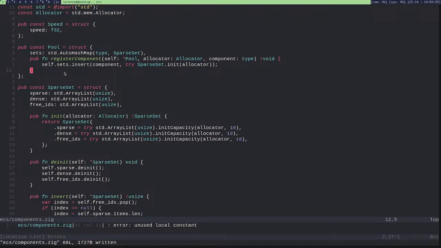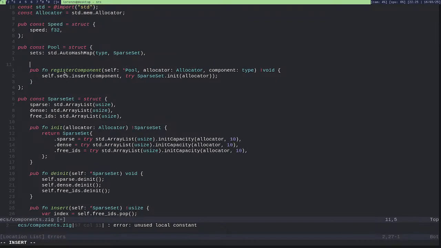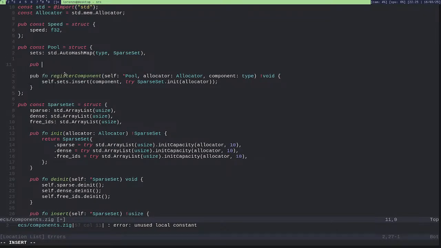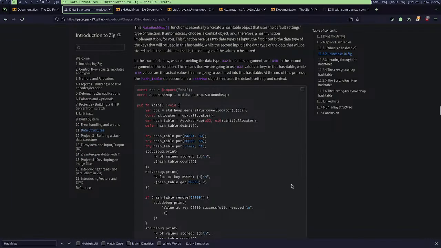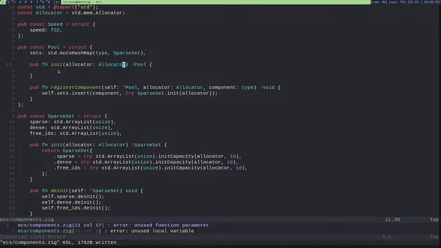Which of course should be somehow initialized. So public function init, which will return a pool, and we'll probably need an allocator. Yes. So return pool.